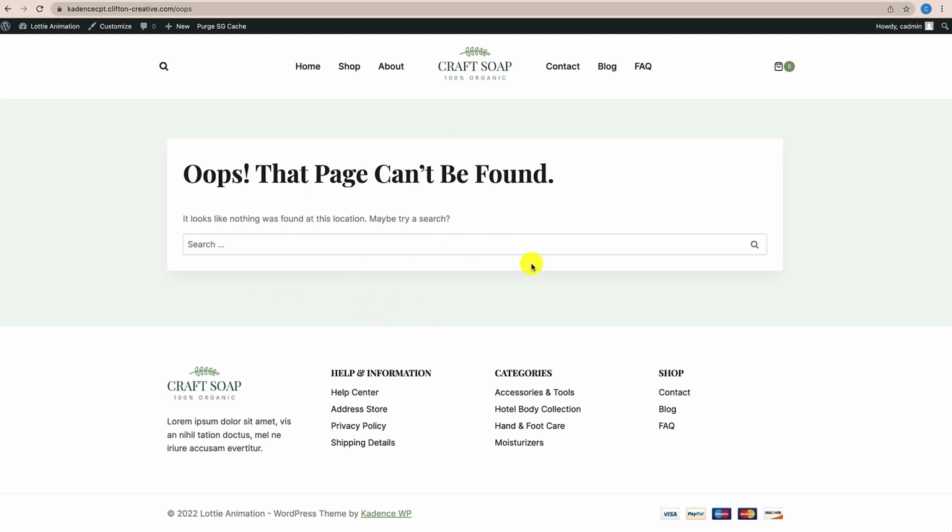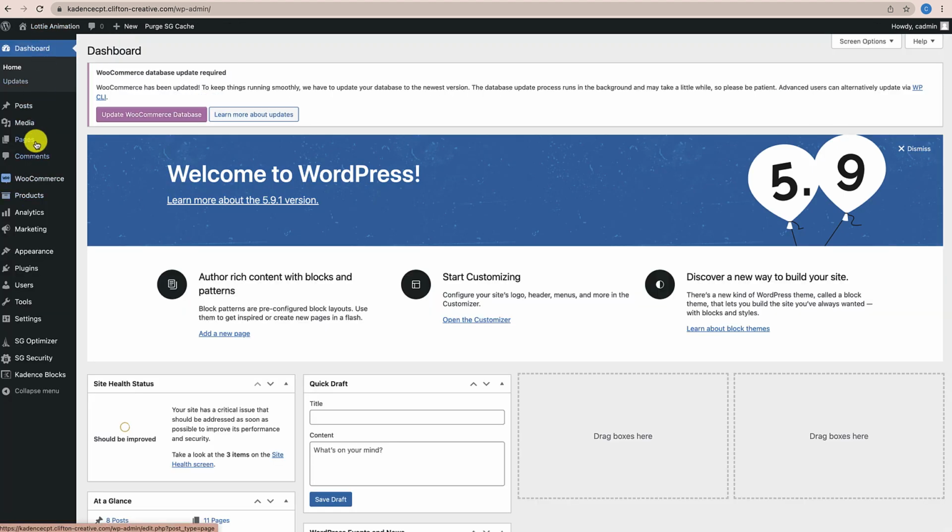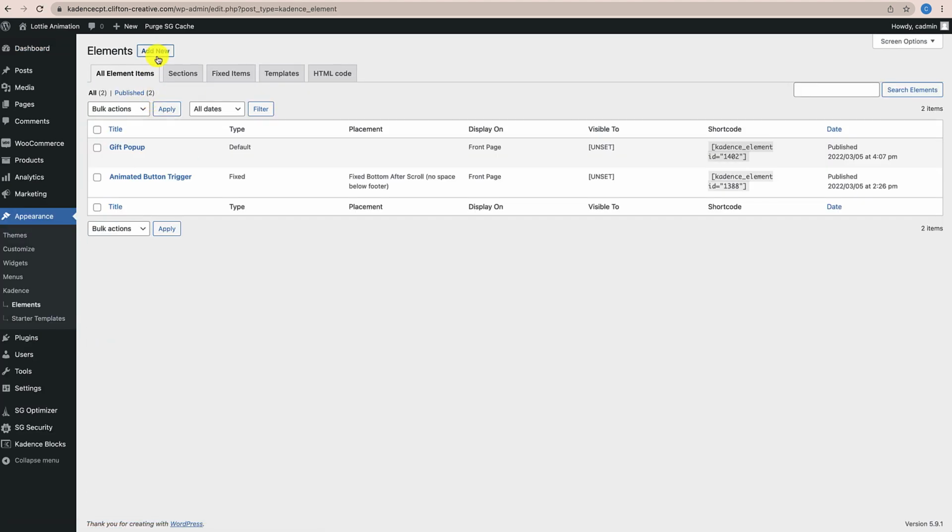So if you ever wanted to create a custom 404 page, then you can actually do that if you have Kadence Pro, and you can use the elements feature to be able to do that. So we're going to go ahead and do that right now, and then in keeping with our tutorial, we're just going to add a Lottie animation to make that even more dynamic. All right, so first thing we're going to do, I'm going to go back to the dashboard over here, and I'm going to go to Appearance, Elements. I'm going to click on Add New,